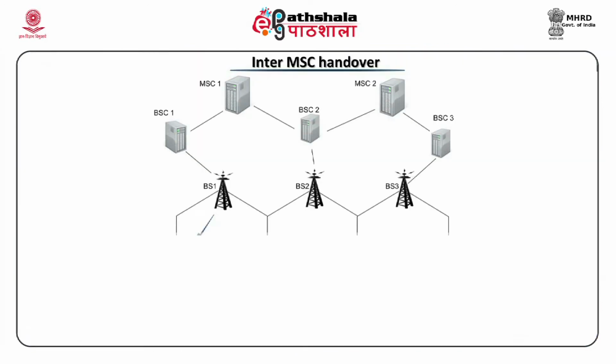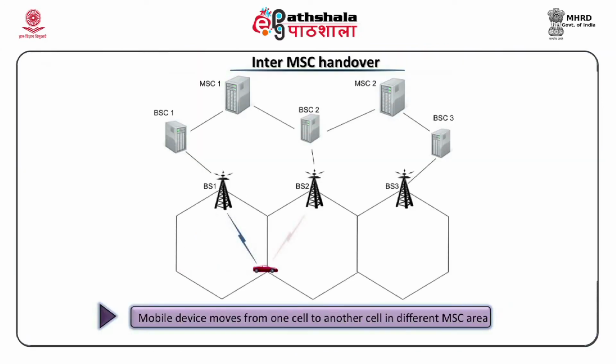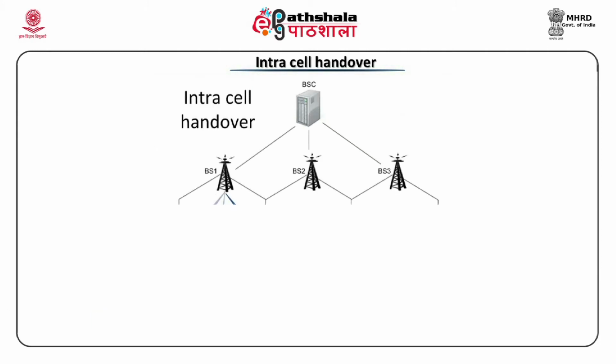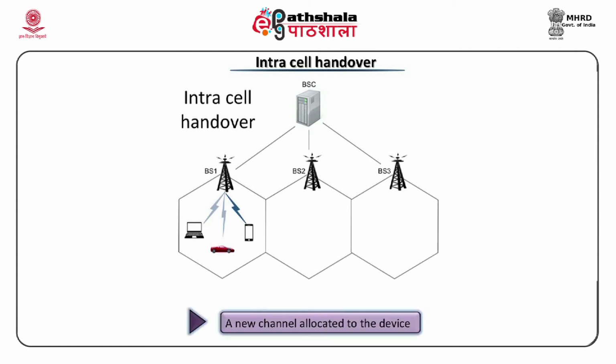That is, the 2 cells belong to different BSC areas, but in the same MSC area. When we say that the handover is inter-MSC, it means that the 2 cells from which the mobile station is moving belong to different MSC areas. And when we say that it is intra-cell handover, that means the device is within that particular cell only, but